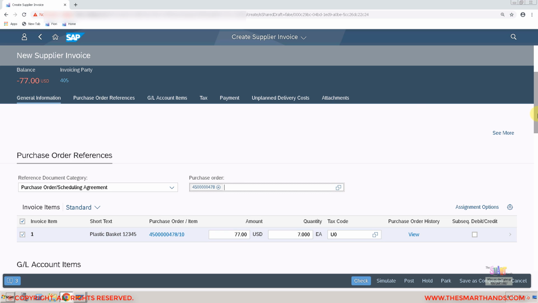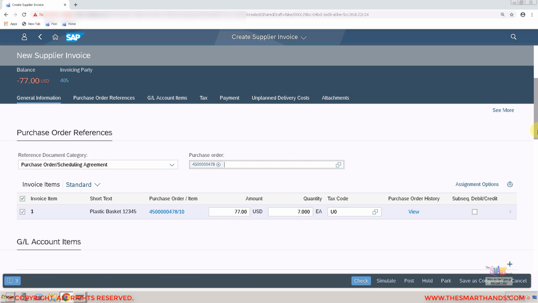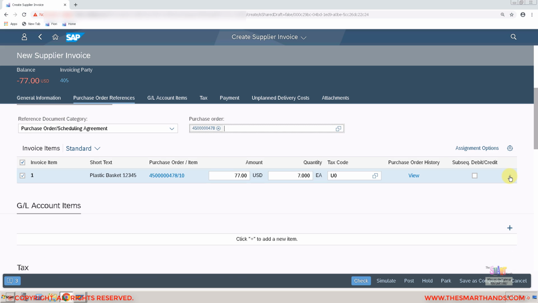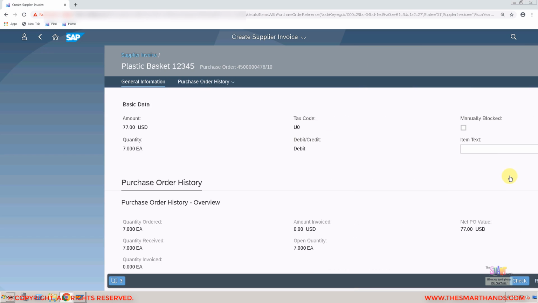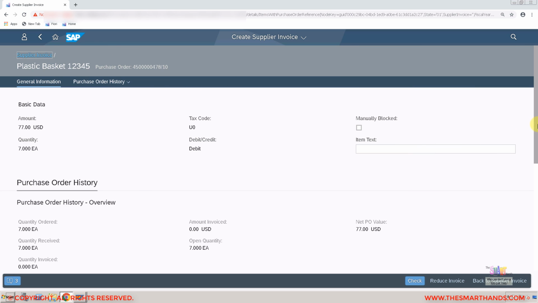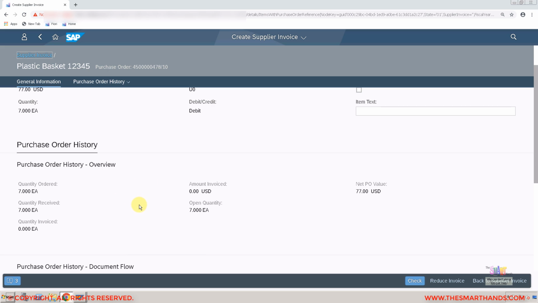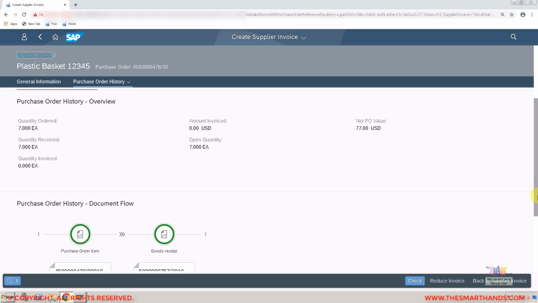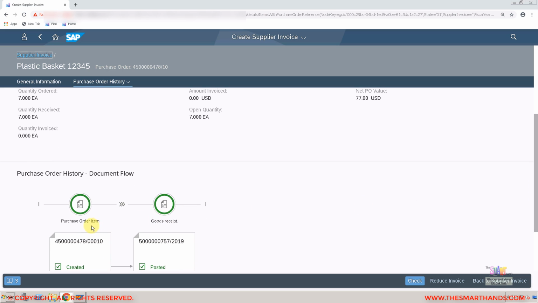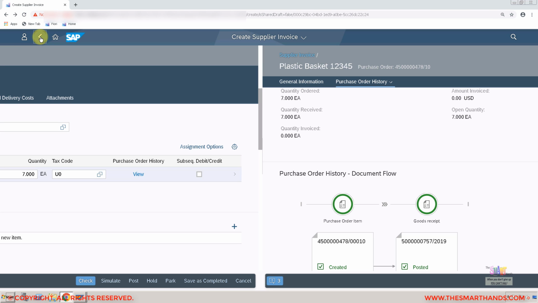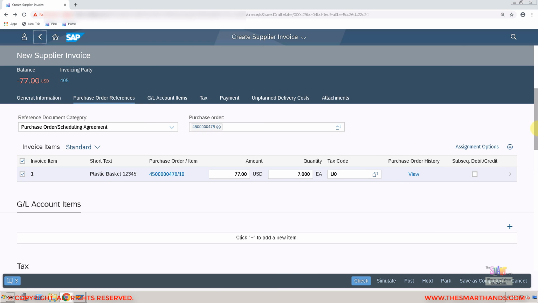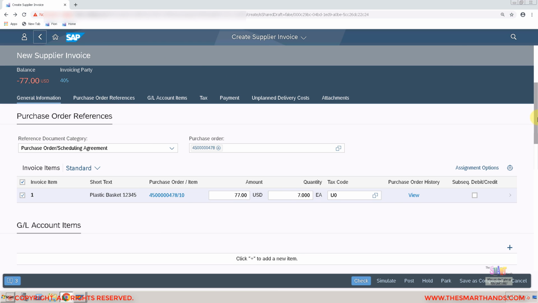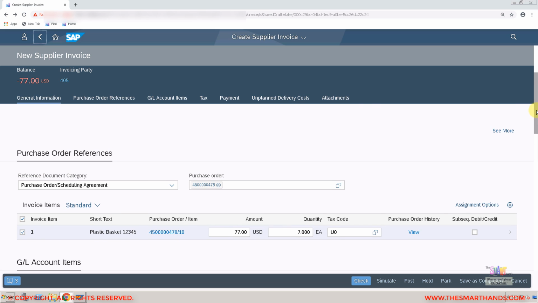And on the top, if I go here, you can also go to the item detail. If I click on it, you can go to the item detail of this one. It's showing the purchase order history and all that, the net value of the purchase order, and the document flow as well. That means from this purchase order, this goods receipt was created before. So I can go back again, and now on the top, if I scroll to the top,